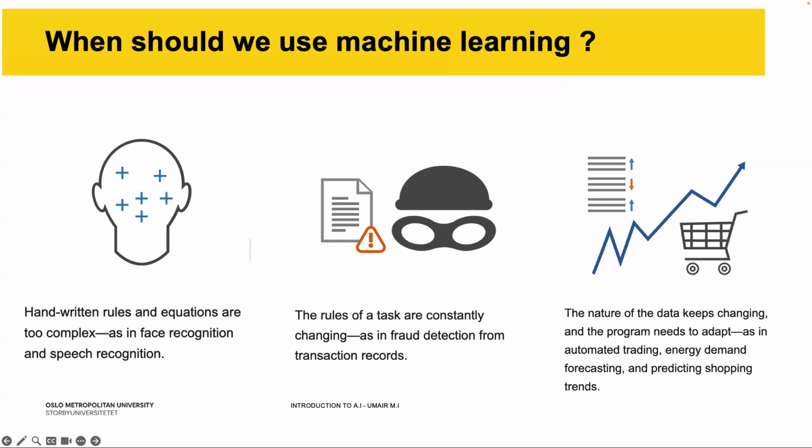The stock price goes up, goes down. You don't know why it's going up, going down. You can't find a pattern because it's hard for us as humans to find a pattern. You want to find a shopping trend. Why are people buying more? Why are they buying less? You can't see it because there are too many variables involved, too many patterns involved. Then you have to think about using AI, because AI can find those patterns for you, which you won't be able to find.